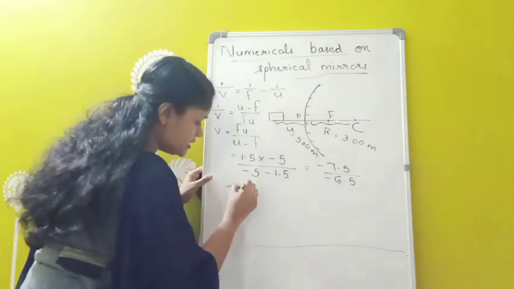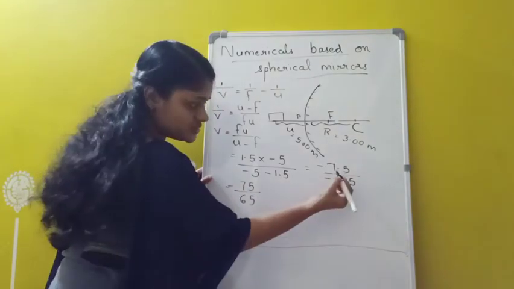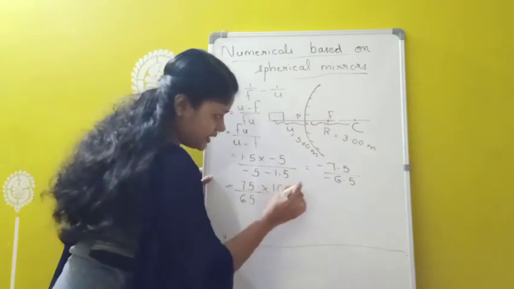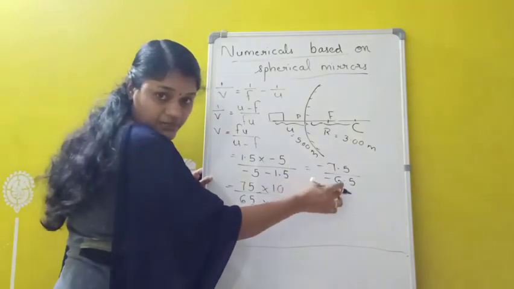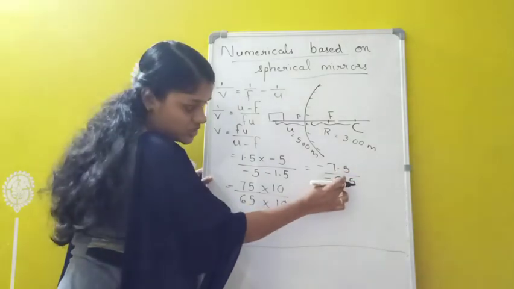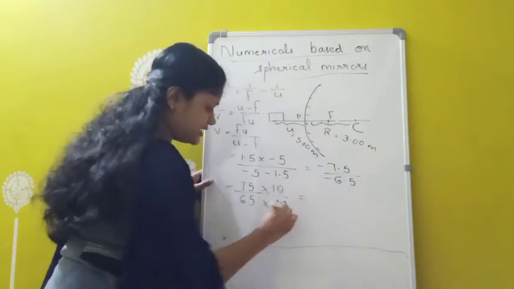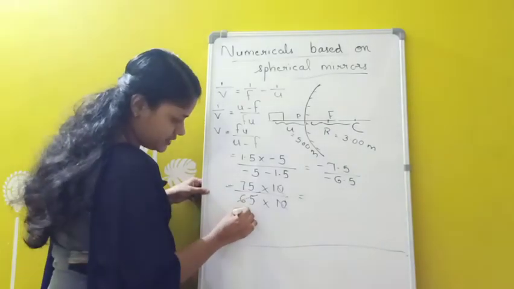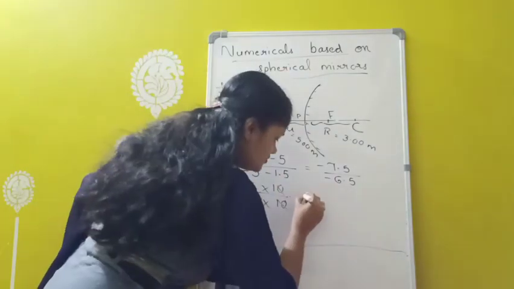We can remove the decimal. I will be getting 75 divided by 65. In order to remove the decimal in the denominator, we multiply by 10 in the numerator, and in order to remove the decimal in the numerator, we multiply by 10 in the denominator. The reason I am multiplying with 10 is that after the decimal we have only 1 digit. The 10s will cancel, and remaining we have 75 divided by 65. When I divide, 5 3s are 15, 5 5s are 25, so 15 divided by 13.